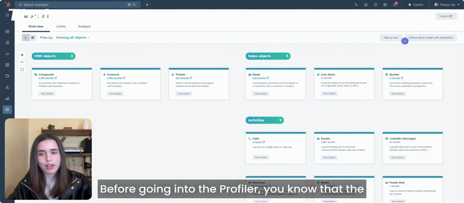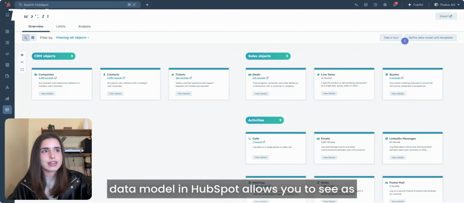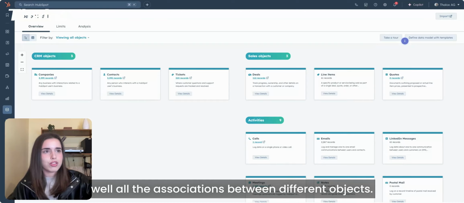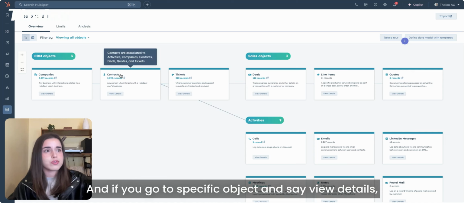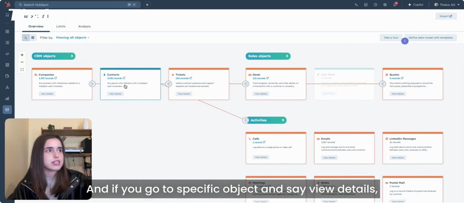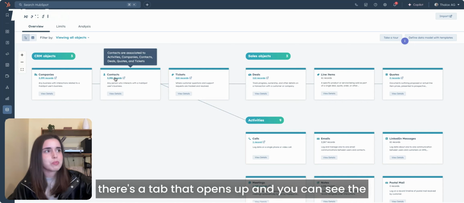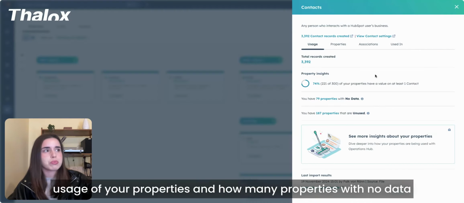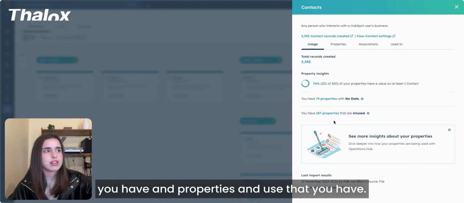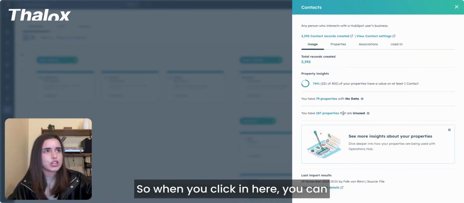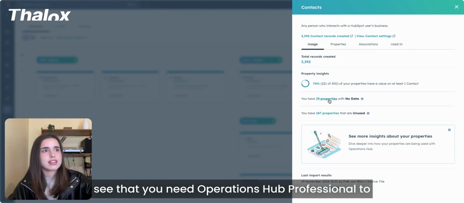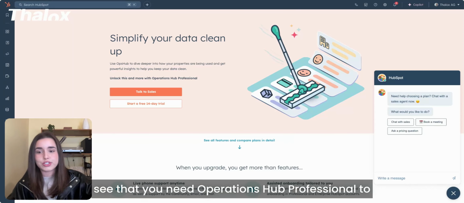Before going into the Profiler, you know that the data model in HubSpot allows you to see all the associations between different objects. And if you go to a specific object and say view details, there's a tab that opens up and you can see the usage of your properties and how many properties with no data you have and properties unused that you have. So when you click in here, you can see that you need Operations Hub Professional to get more